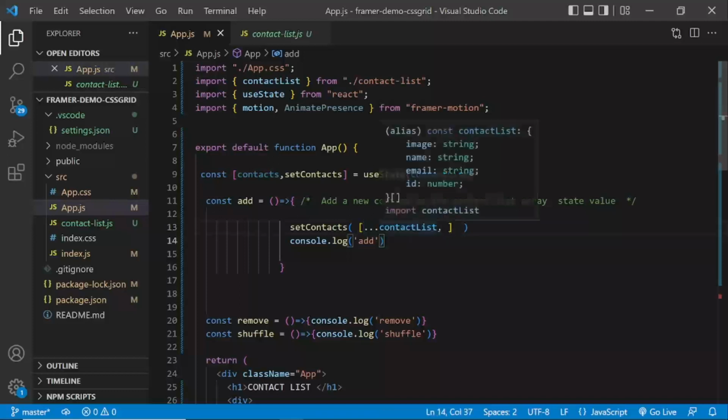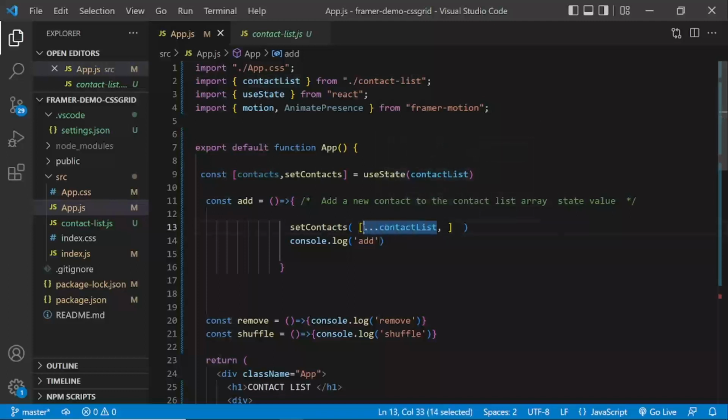Just to recap, I'm using the spread operator here to get the current contact list, and after the comma, I'm going to insert a new object for a new contact.